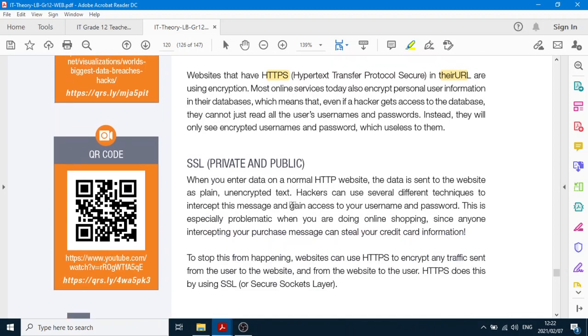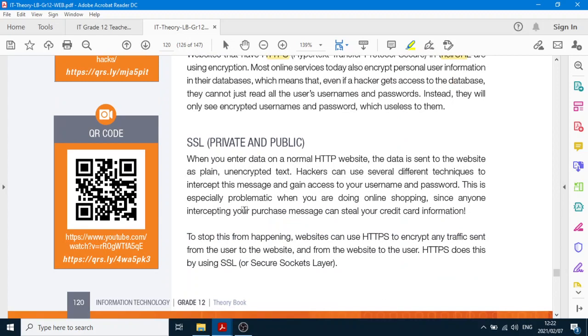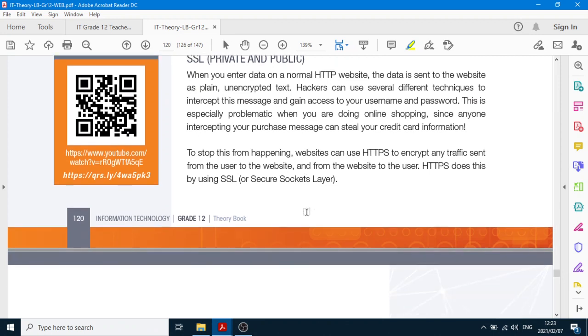Alright, so what is SSL? SSL stands for Secure Sockets Layer. When you enter data on a normal HTTP website, the data is sent to the website as plain unencrypted text, and hackers can use different techniques to intercept the message and gain access to your information. Obviously that's the problem. So